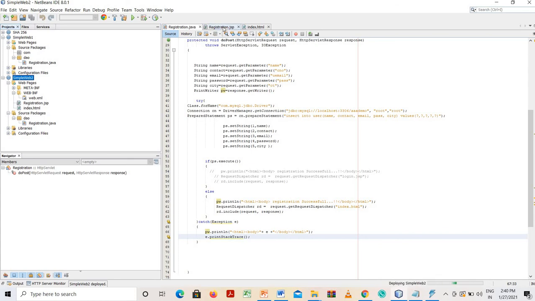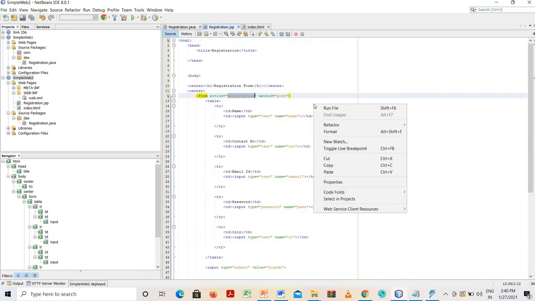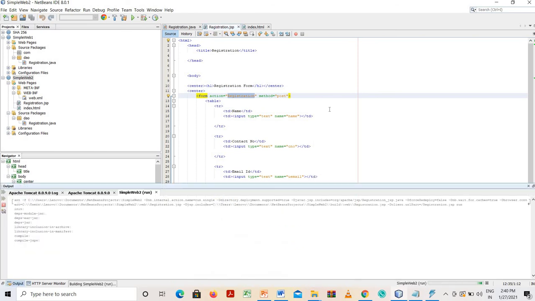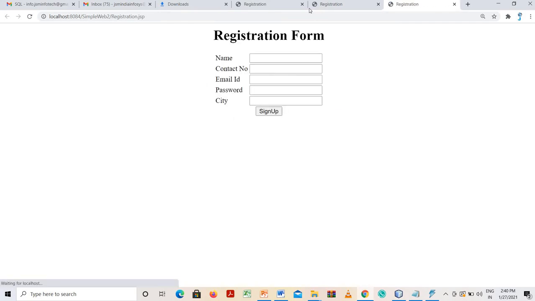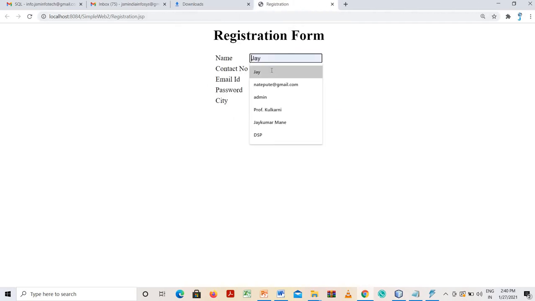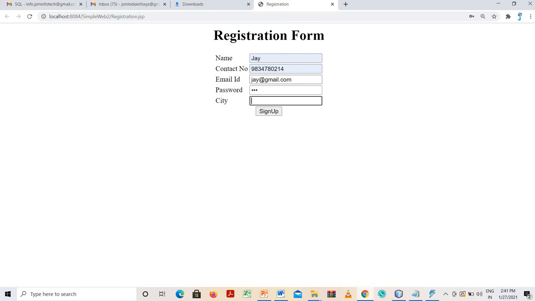Now I am going to run this registration.jsp page, right? So now here I will add as a name, contact number, email ID, password as 123, city as for example Pune,